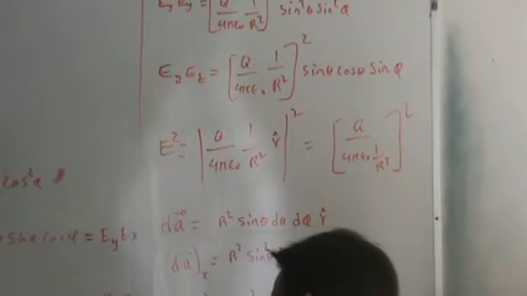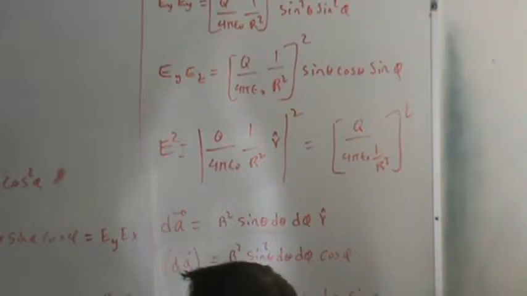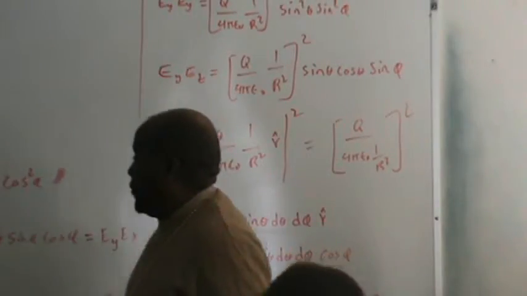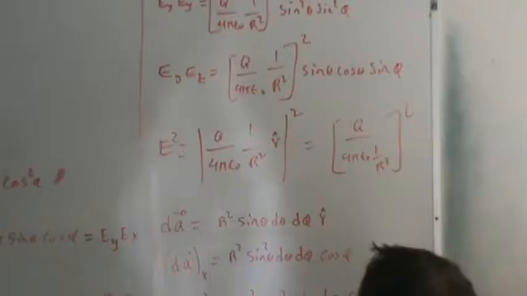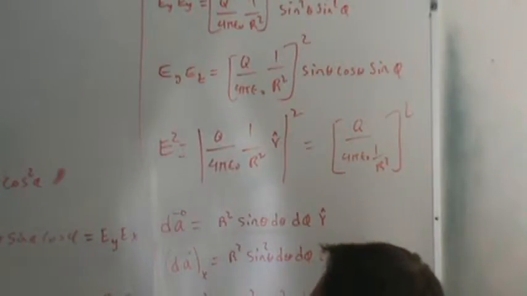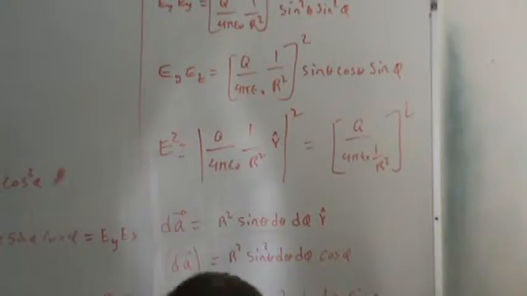So now, if I take the dot product of T dot dA, it is going to be... write the elements for T in terms of X and Y. If I do that,